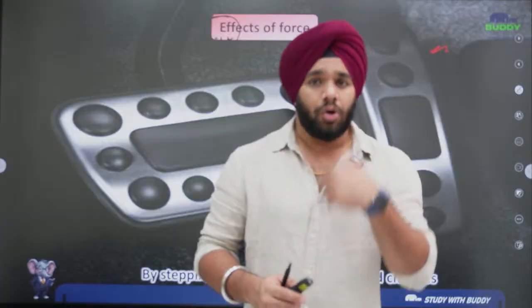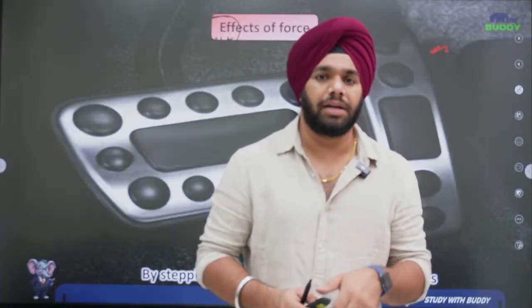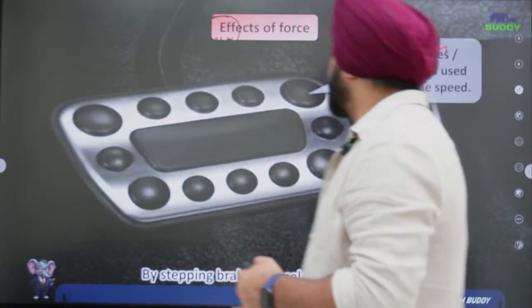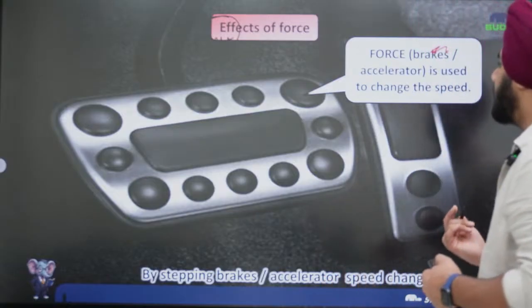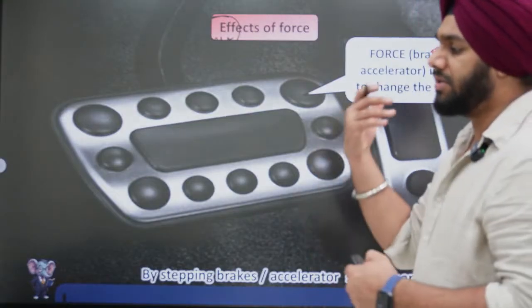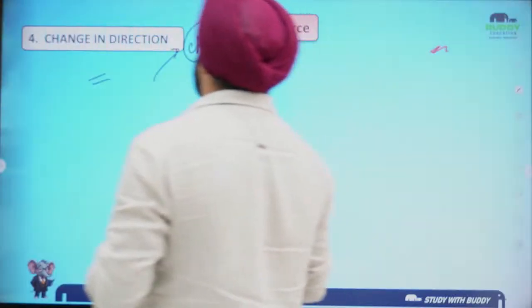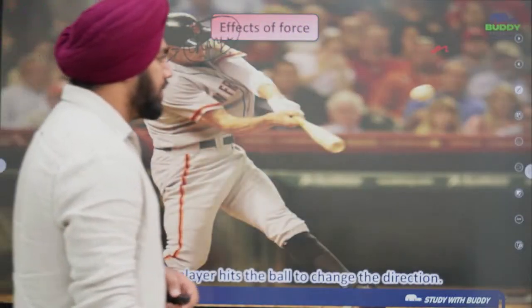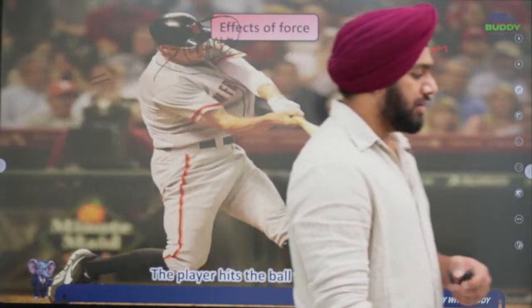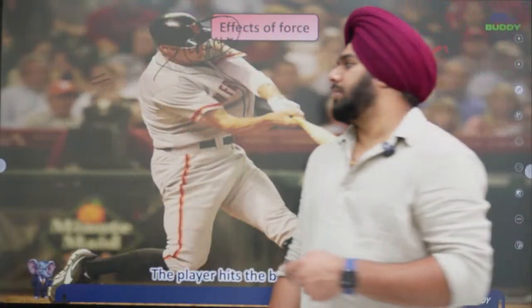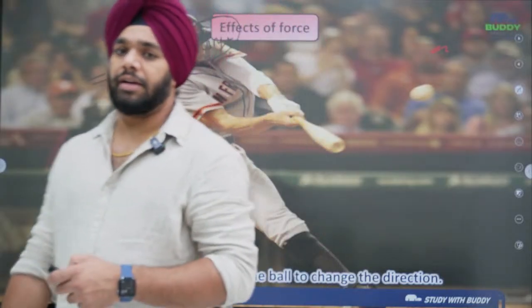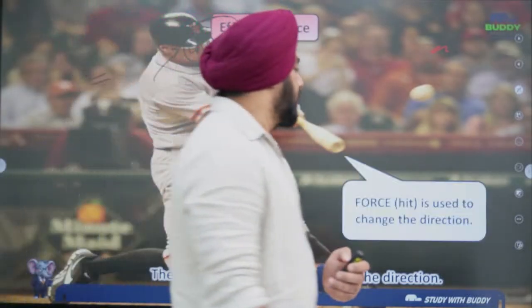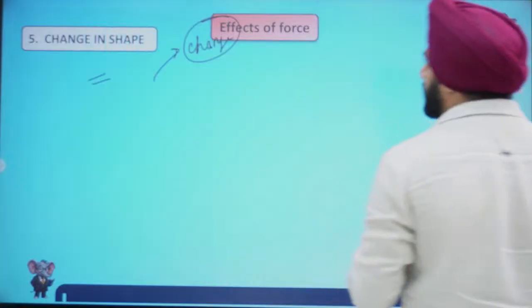So this is because of the force that is applied by me on the ball, because I am the batsman here, right? So force can be used to change the velocity of an object. The other is the change in direction. You can clearly see, this is what I told you, that this is the American cricket that we're talking about, but I was talking about the cricket that we often see. So force is used to change the direction.